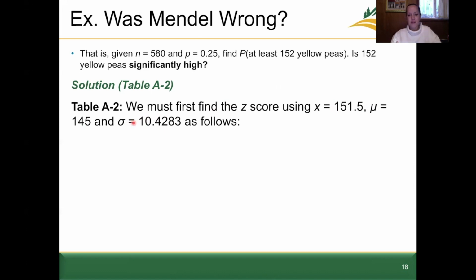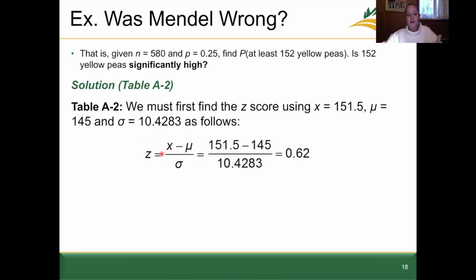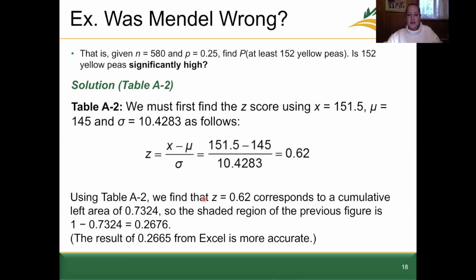So to convert all of this into a z-score, we take z equal to x minus mu all over sigma, or the standard deviation. Plugging in the values that we have, we get a z-score of 0.62. We had to do that first before we can use table A2. So using the table in your book, we go to a z-score of 0.62. That corresponds to a cumulative area from the left of